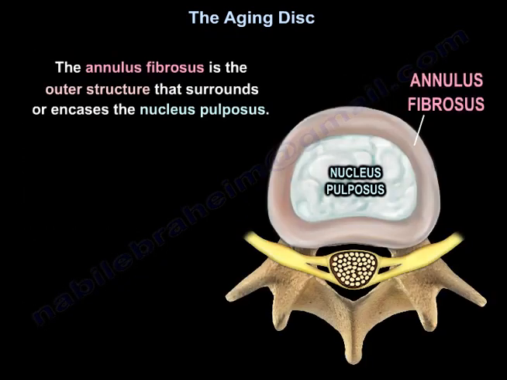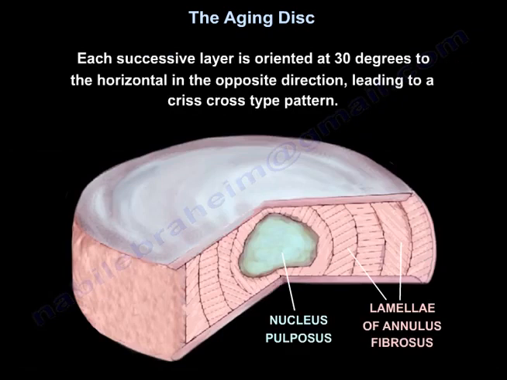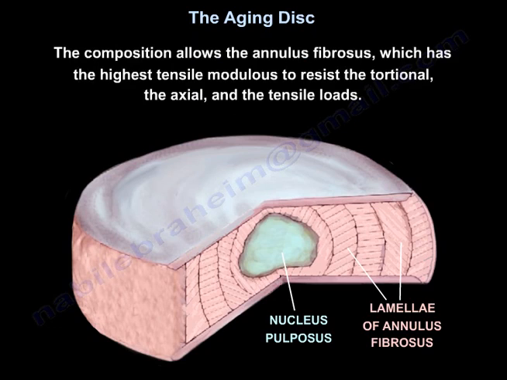So that annulus fibrosus is the outer structure that surrounds or encases the nucleus pulposus. It has a multi-layer laminar architecture made of type 1 collagen. Each successive layer is oriented at 30 degrees to the horizontal in the opposite direction, leading to a crisscross type pattern. This composition allows the annulus, which has the highest tensile modulus, to resist the torsional, the axial, and the tensile